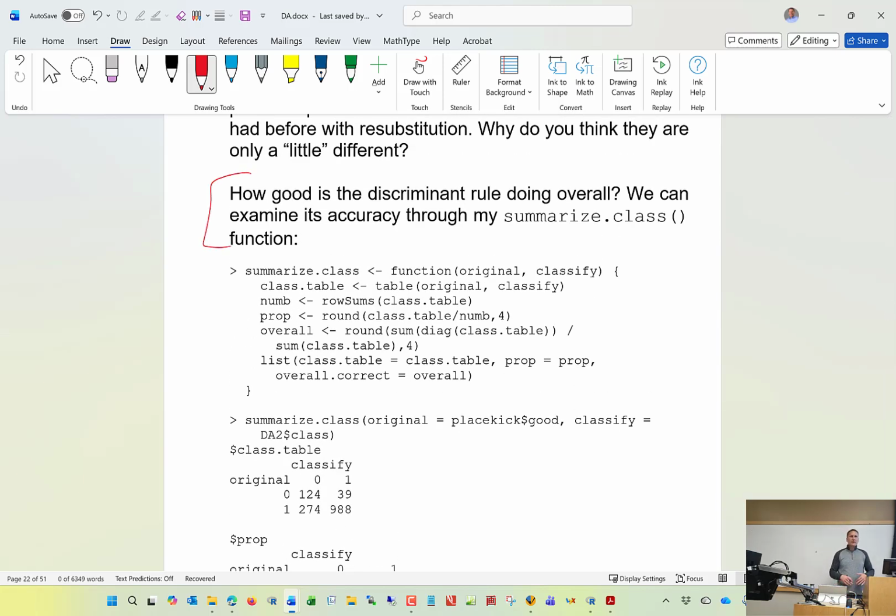So now you would like to be able to say, overall, for all observations that we use cross-validation with, how good did this do? And so what I've done is I've written a function for you to help you out called summarize.class. On your own, I want you to take a look at the components of this function. What I'm just going to focus is on what information do we need to pass into it. Simply, it's just 2 bits of information. The first,